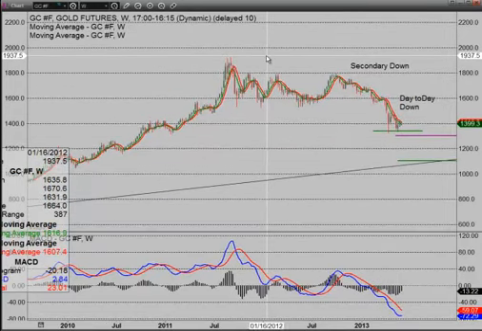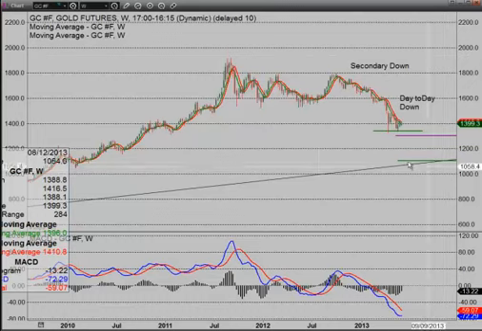You know, the big test for gold is going to be, if you have a stock market correction, what does gold do? If you have a stock market correction lower and gold starts to recover, then I think there's perhaps some hope for the upside. Right now, I don't see it yet. I'm not seeing any bounces there. I like 1,100. I'd like to see 1,100 in the gold market.